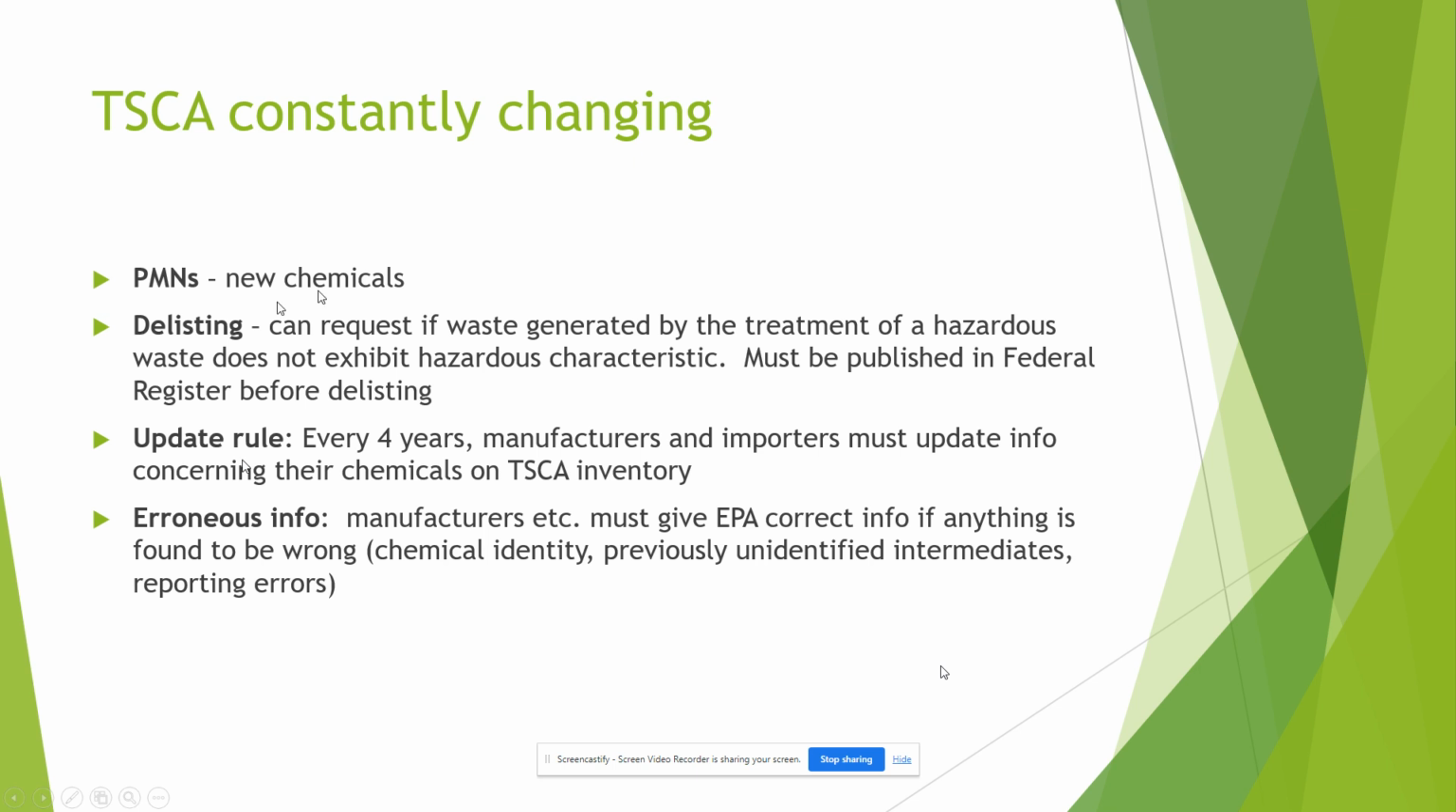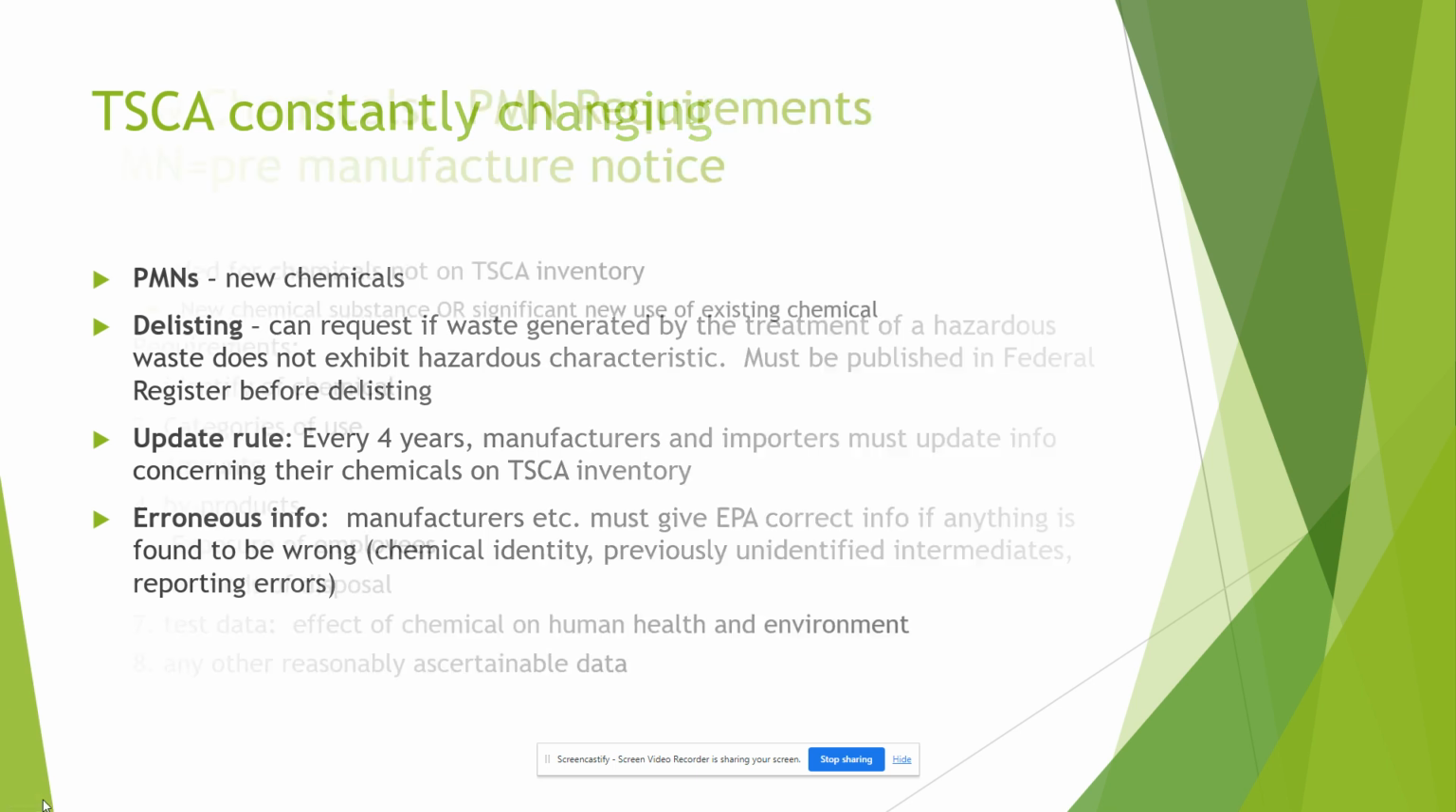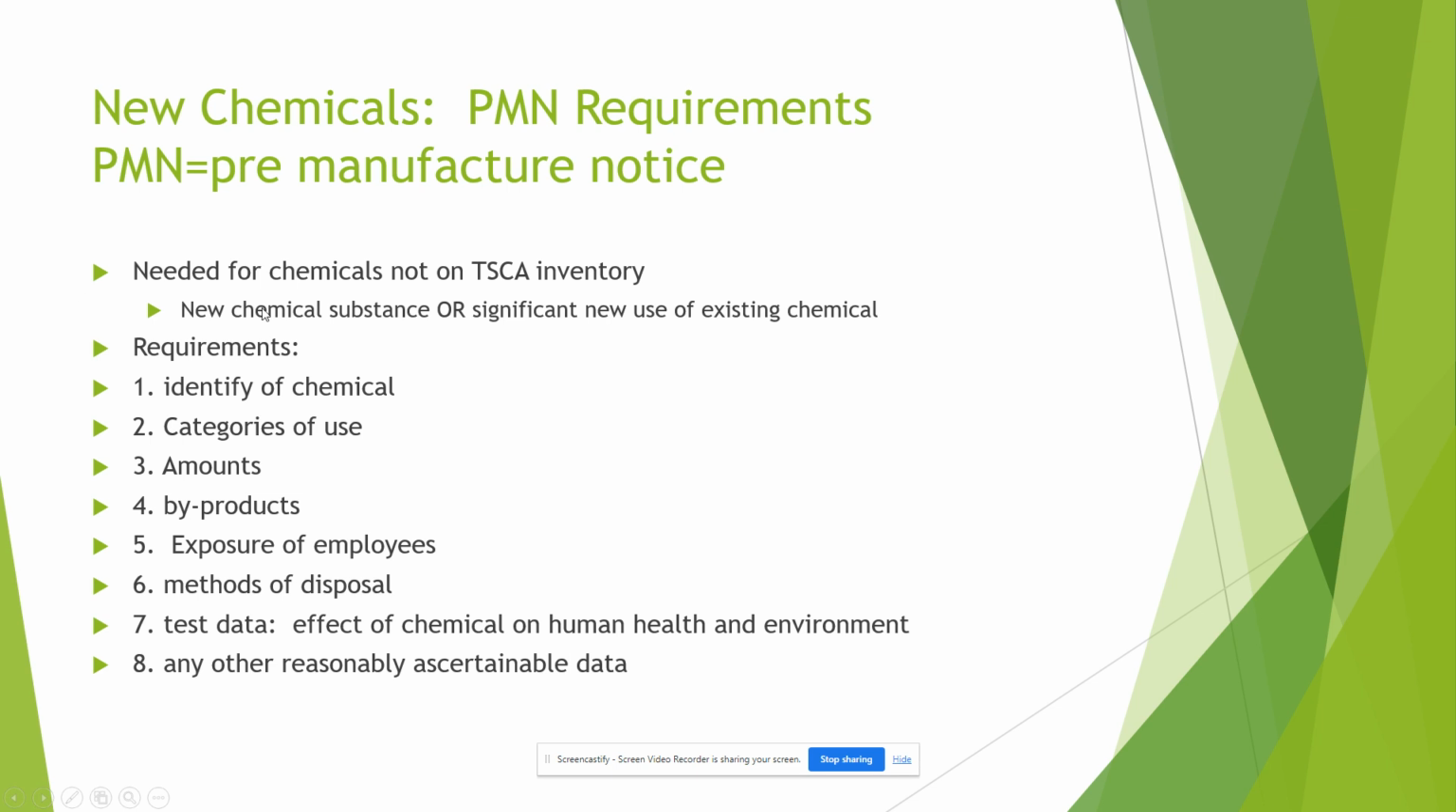It's constantly changing because we have new pre-manufacturing notices. You can request to delist if it's no longer hazardous. Every 4 years, you have to update information. So that's your update rule. And again, if there's anything that you find from the original PMN that is wrong, you have a duty to follow up and correct anything that you've submitted to the EPA under TSCA. Okay, so